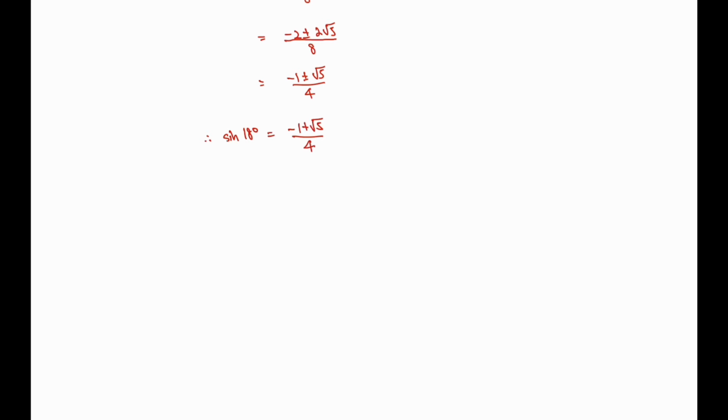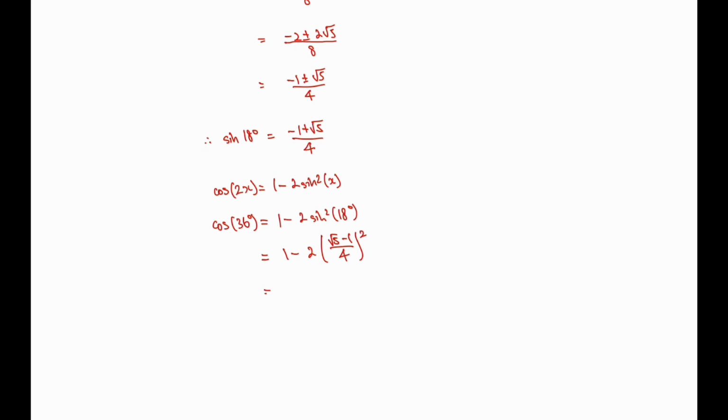So, using the well-known formula that cos of 2x is equal to 1 minus 2 sine squared of x, what I can say is that cos of 36 degrees is equal to 1 minus 2 sine squared of 18 degrees, which is equal to 1 minus 2 times root 5 minus 1 over 4 all squared. This is equal to 1 minus 2